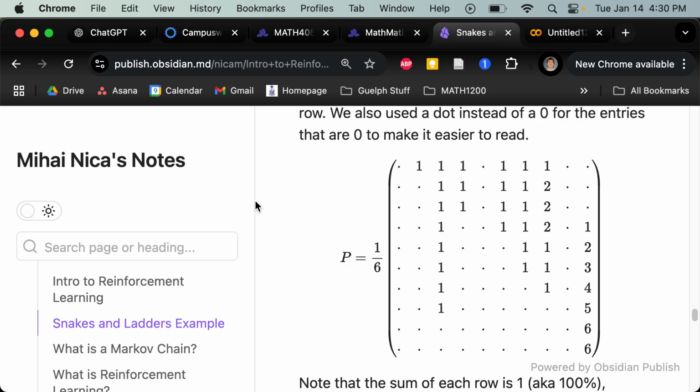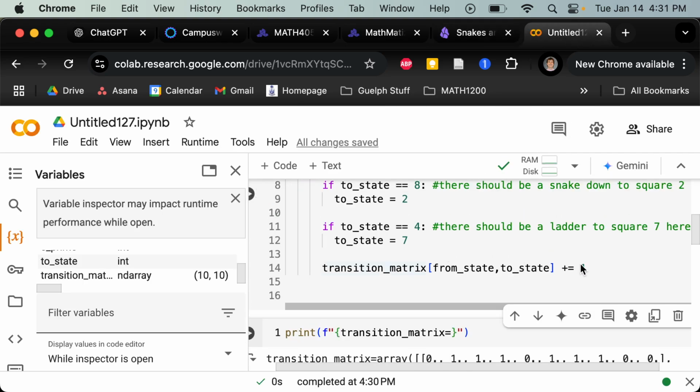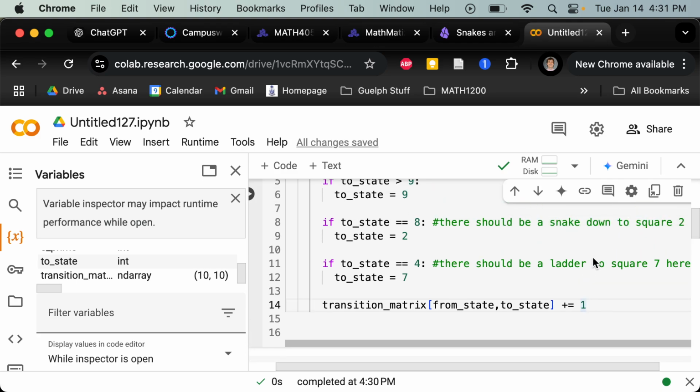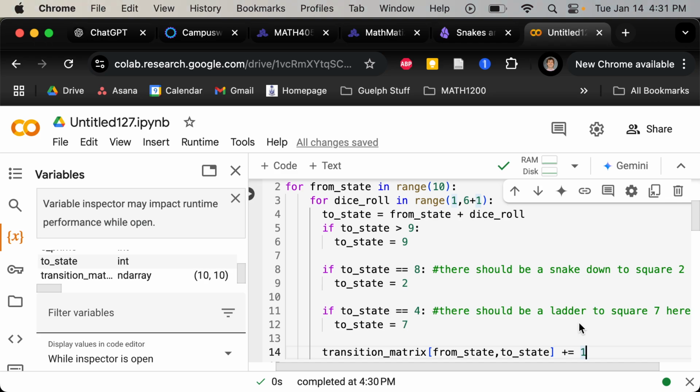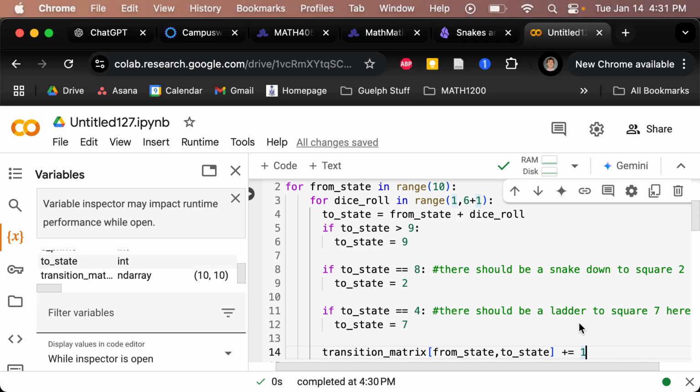Oh, actually, no, I lied. I forgot one thing. What's the one thing you got to put back? Yes, someone showed me with their hands. Amazing. You got to put back the 1/6. So here I'm sort of counting, right? How many ways are there? But I don't want to count. I want to find the probability. The transition matrix is the probability. Every single dice roll has a 1/6 chance. So what you should do is plus